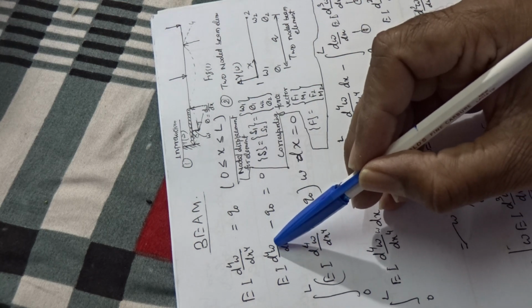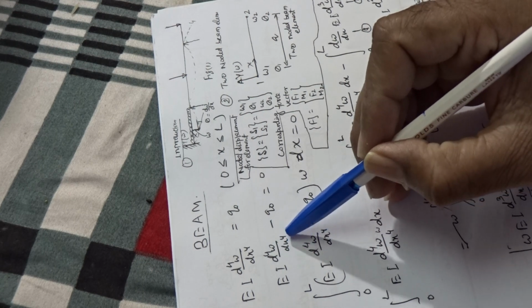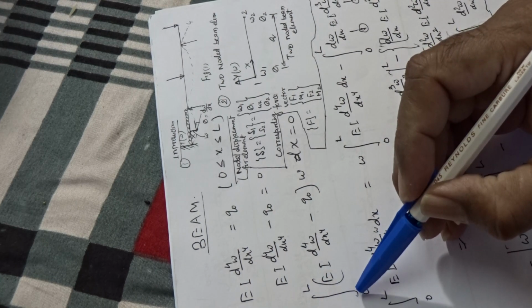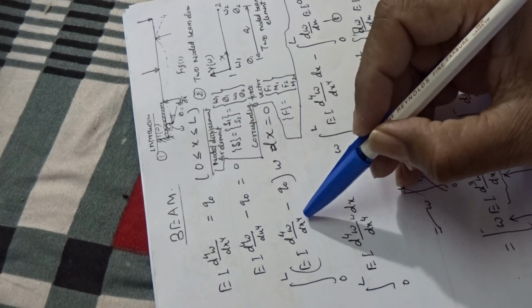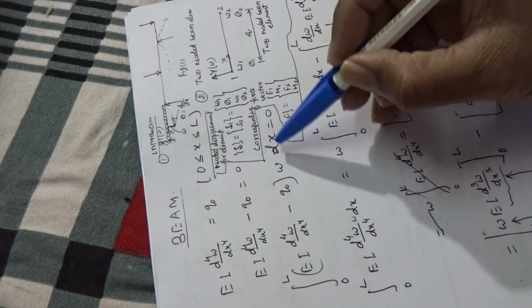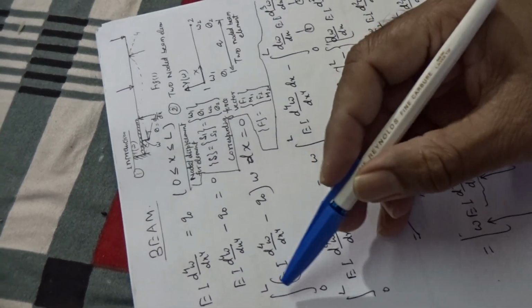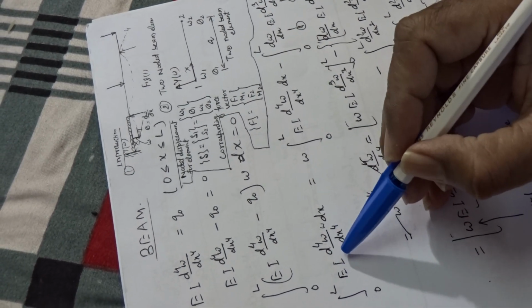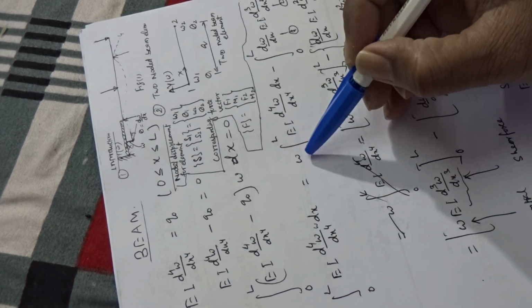EI d4 w by dx4 minus q naught is equal to 0, and we use the Galerkin equations. This one, EI d4 w by dx4 minus q naught, into the weight function w, dx, is equal to 0. Integrate from 0 to L, EI d4w by dx4 w dx is equal to